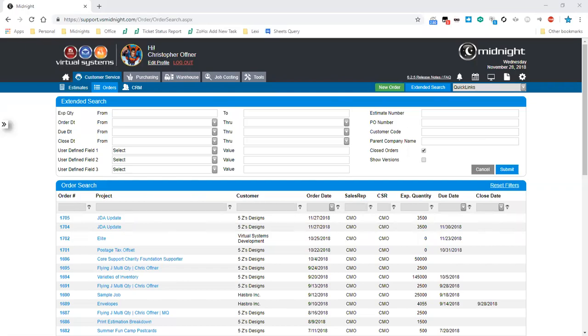So welcome to today's Midnight training session. Today we'll be going over the orders module. In today's session, we'll cover how to search, edit, copy, and create new orders, how to associate inventory and